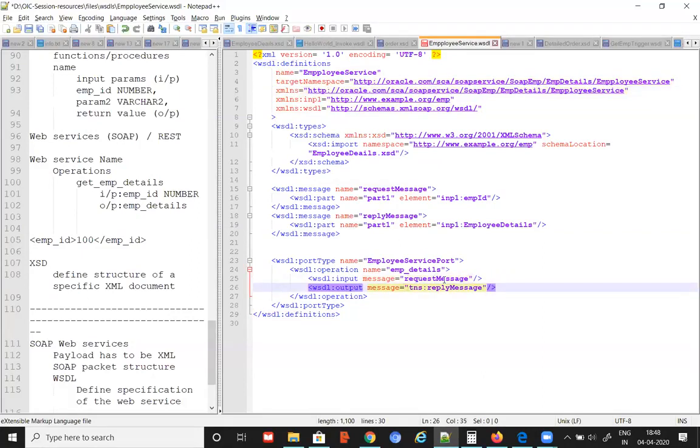The meaning is the same. I'm just trying to clarify again what we discussed in XSD. So we'll put TNS back here, whatever was there. This gives some clarification about how the XSD namespace is used.